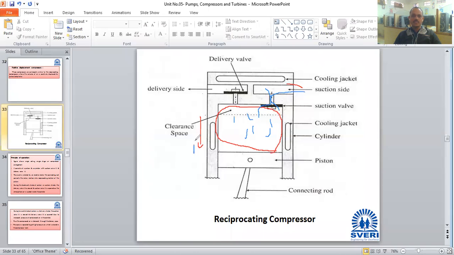Now the second stroke, when the piston starts moving in the upward direction, this air is trapped in that chamber, and as the piston moves upward, the air will be pressurized, and at a certain point the delivery valve opens, and this pressurized air moves through the delivery valve or delivery pipe, and this air can be stored in a tank for further use as compressed air. Okay, this is the simple working of a